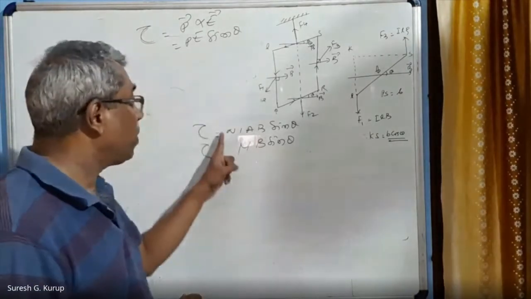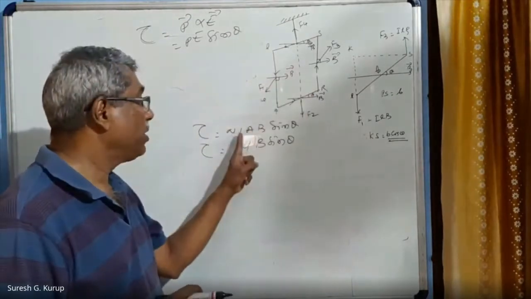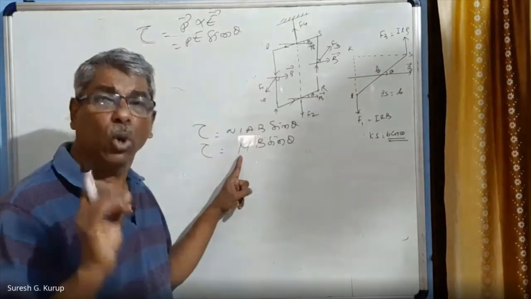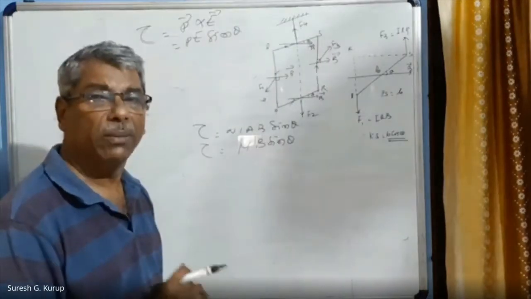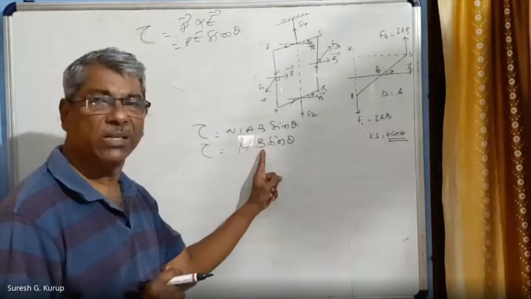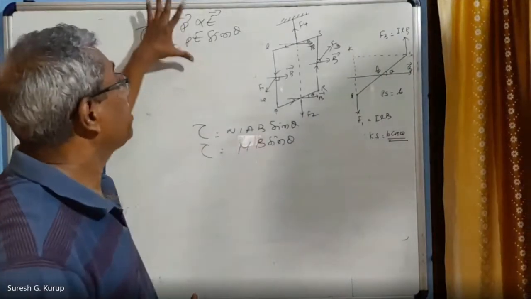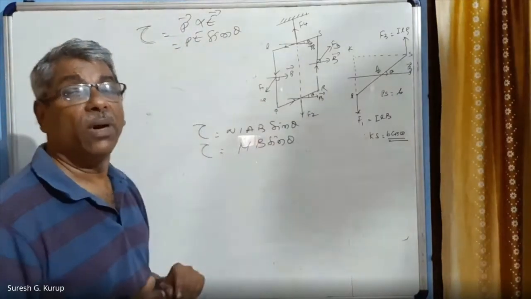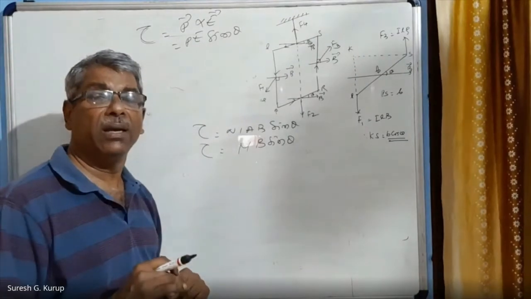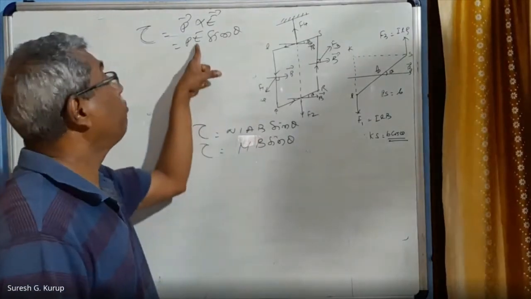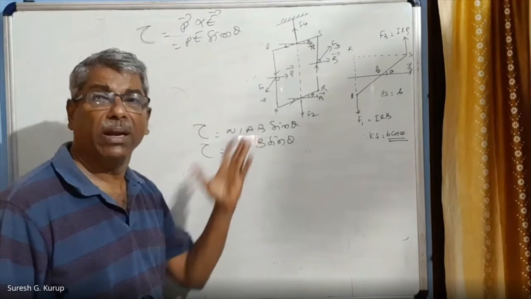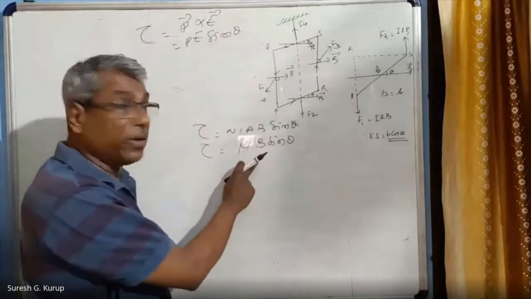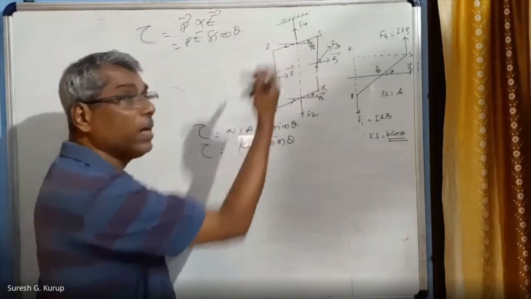Okay. So this is the torque acting on a current carrying loop, that is NIAB sin theta. And this is the magnetic torque acting on a magnetic dipole when placed in a magnetic field of intensity B. Right? And this MB sin theta is just like the torque acting on an electric dipole when it is placed in an electric field of intensity E, making an angle theta with it. Okay. So these are similar equations. This is the electric dipole. This is the magnetic dipole. This is the torque acting on a current carrying loop.